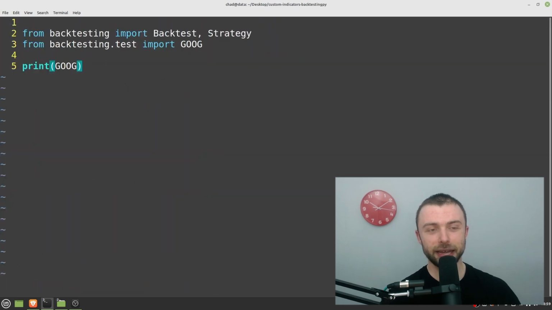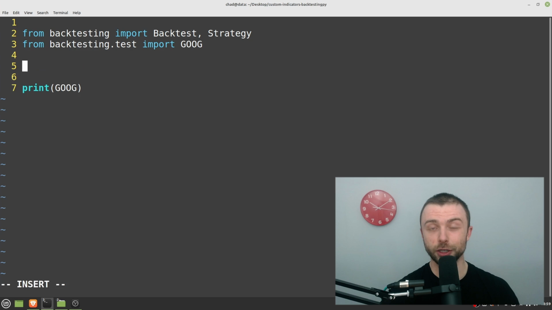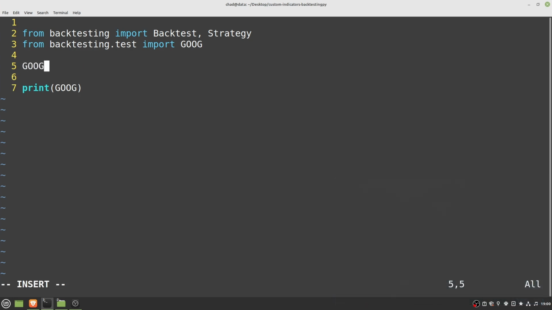And so, as I explained earlier, for this example, we're going to be assuming that you've generated some signals in an external program of some kind. So maybe you already have your indicators programmed in Python and you just want to transfer them over to Backtesting.py. Well, how would you do that? Well, let's make some signals here, just some random ones, it doesn't really matter, and we'll add them onto our data frame. So if I go GOOG here and then I say Signal, and I set that equal to